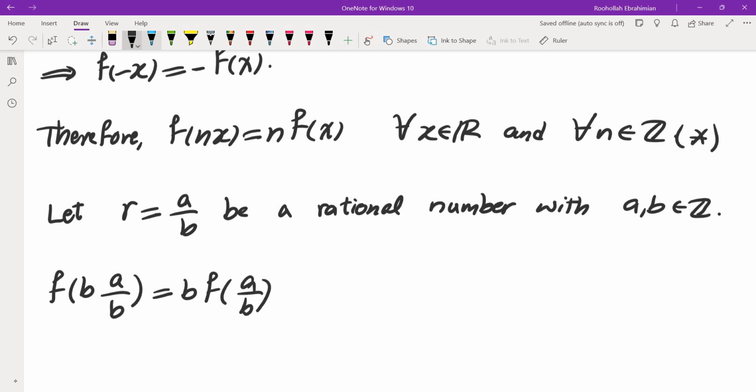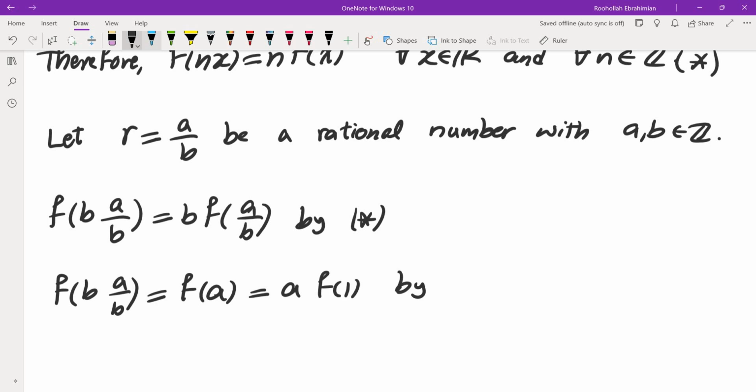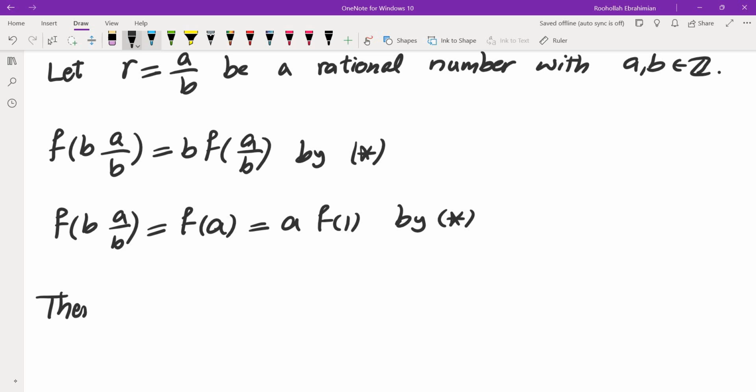Let's call this one star by star. f of B times A over B is equal to f of A, which is A f of 1. This is also by star. Therefore, these two are the same. Therefore,